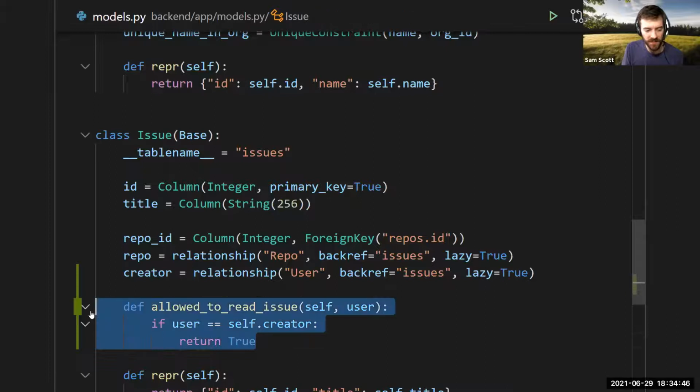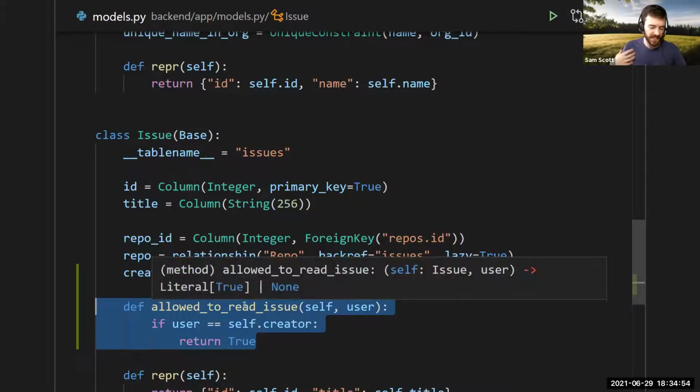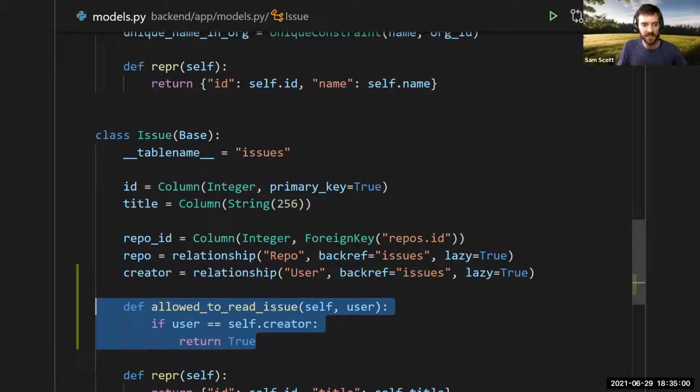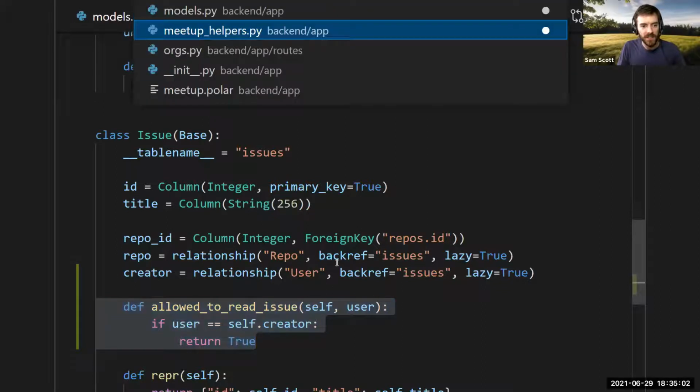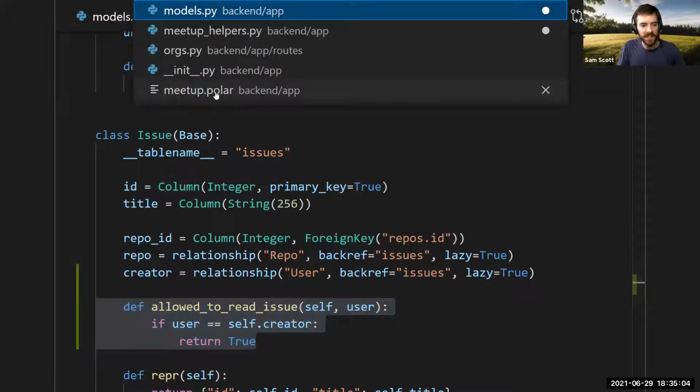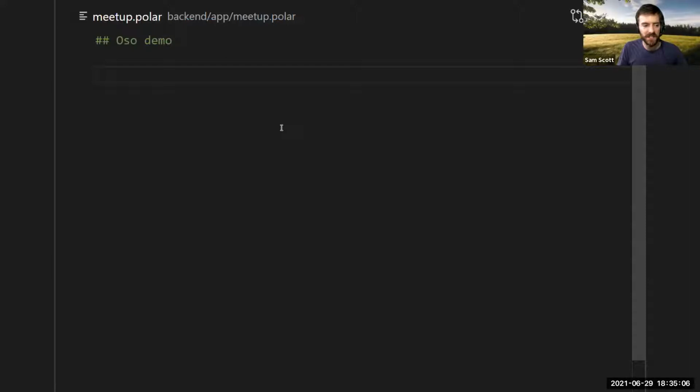Now, one of the main reasons Oso exists is to keep you from having to write a lot of this duplicative logic inside your application, and instead make it something you can manage throughout your application rather than writing these ad hoc things. To address this, we have a policy language called Polar, for the purposes of writing authorization logic.